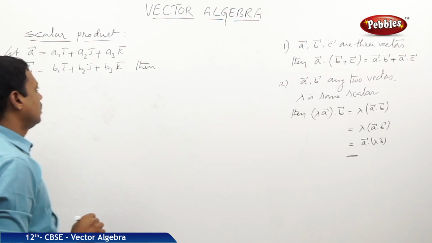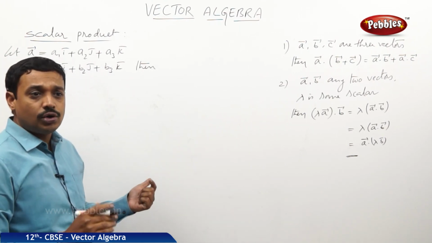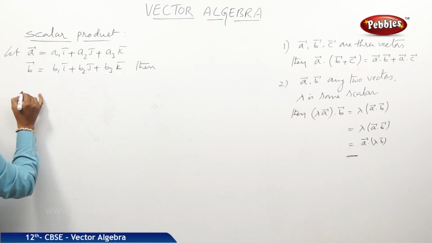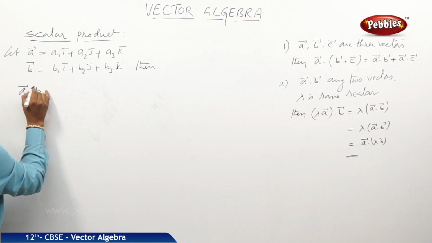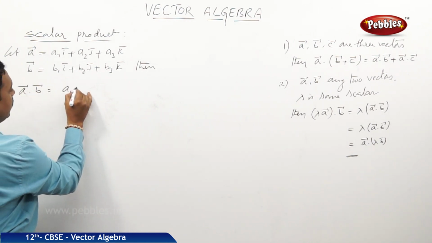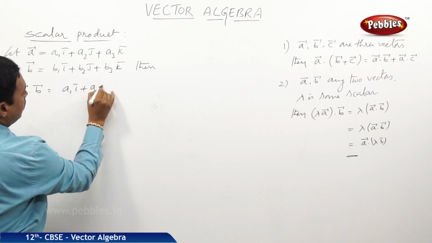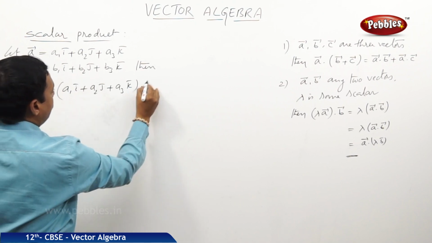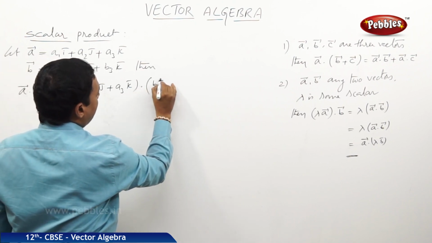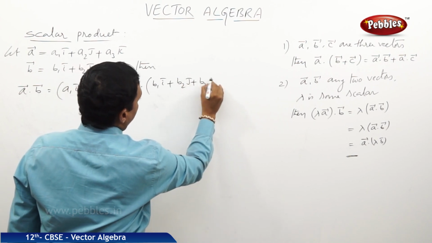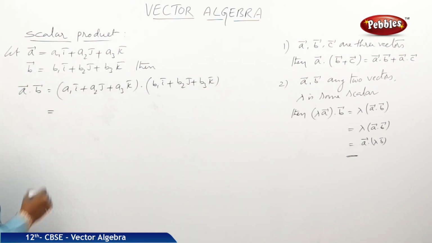A dot b. By the definition, a dot b is equal to mod a mod b cos theta. But mathematically, a dot b is equal to (a1 i plus a2 j plus a3 k) dot (b1 i plus b2 j plus b3 k). Now applying the distributive property,